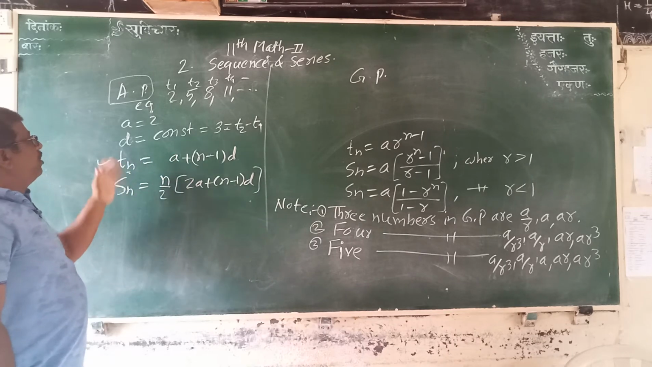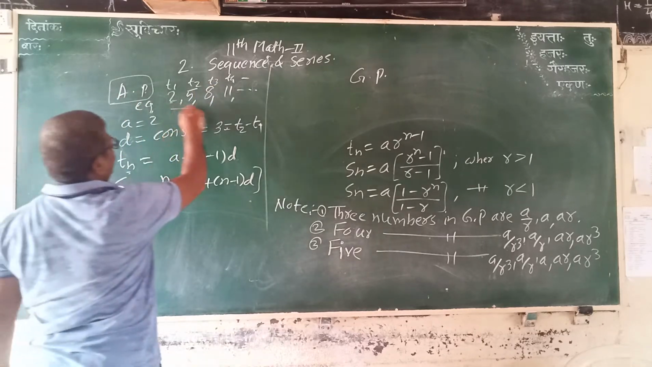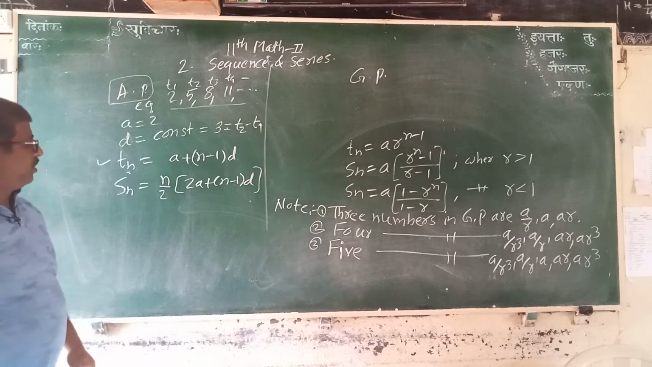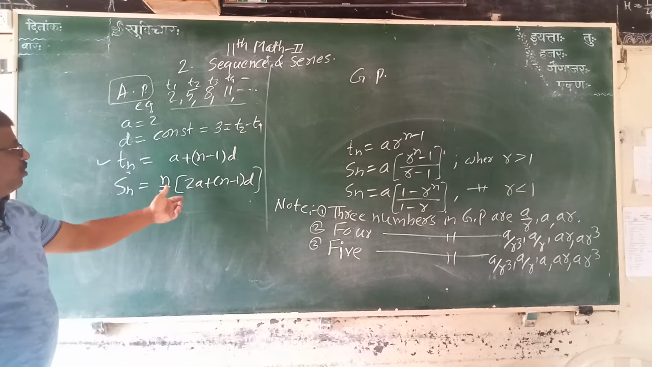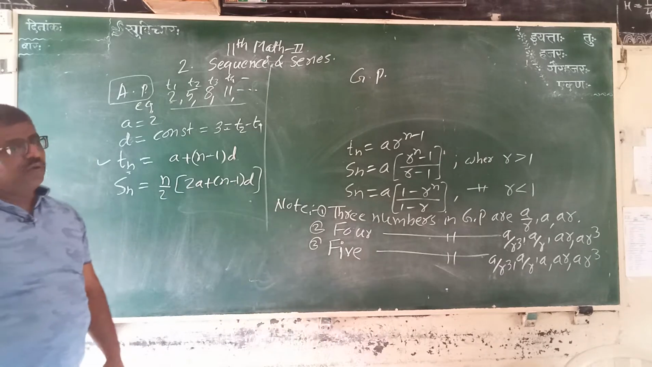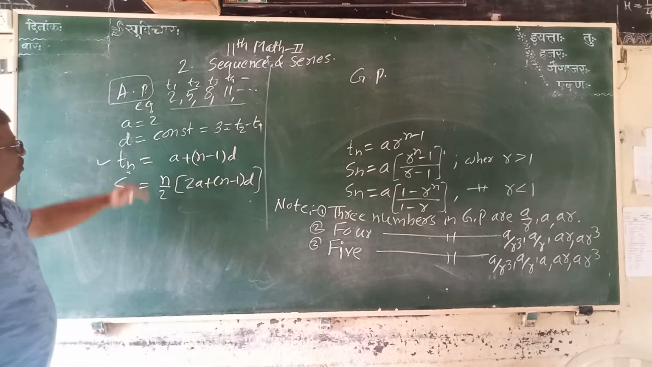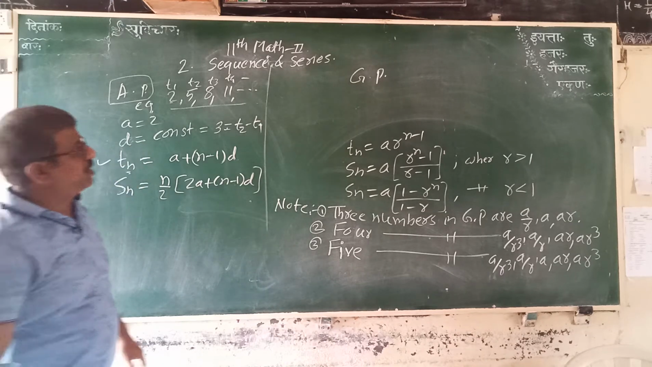Then after we calculate the number of terms sequentially, calculate the sum of the number of terms in addition. Then their formula is n upon 2 into bracket 2a plus n minus 1 into d. These two formulas are useful, but in the next year,